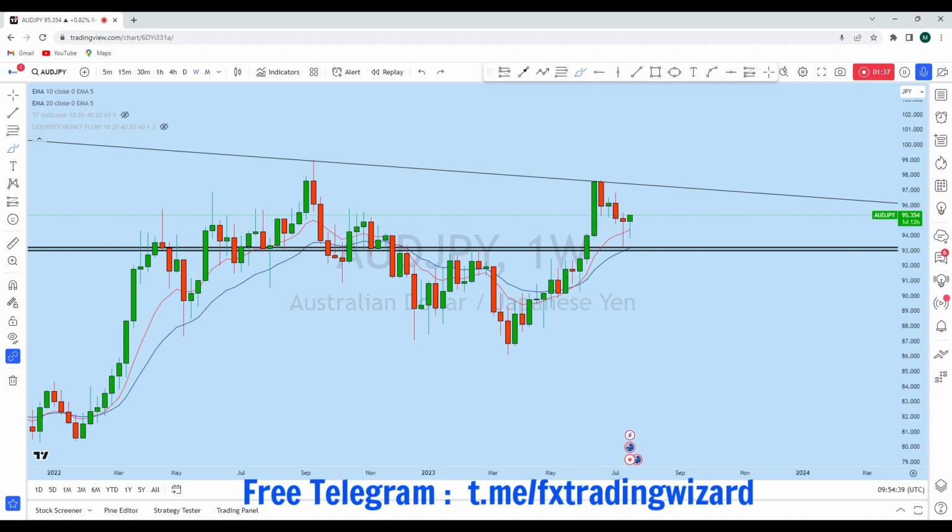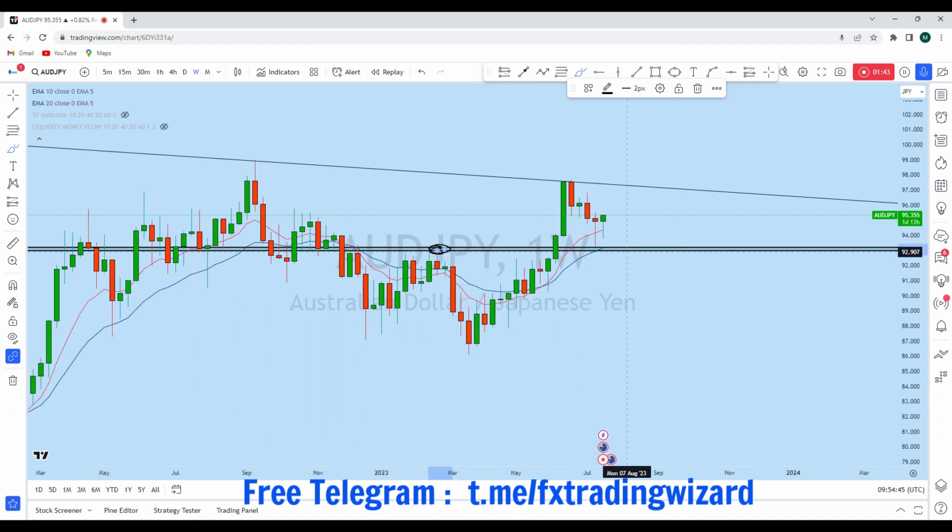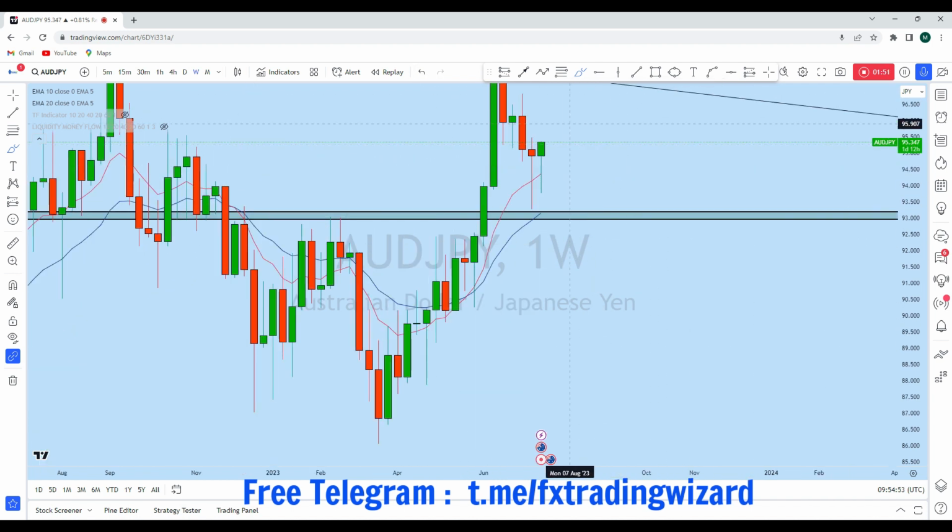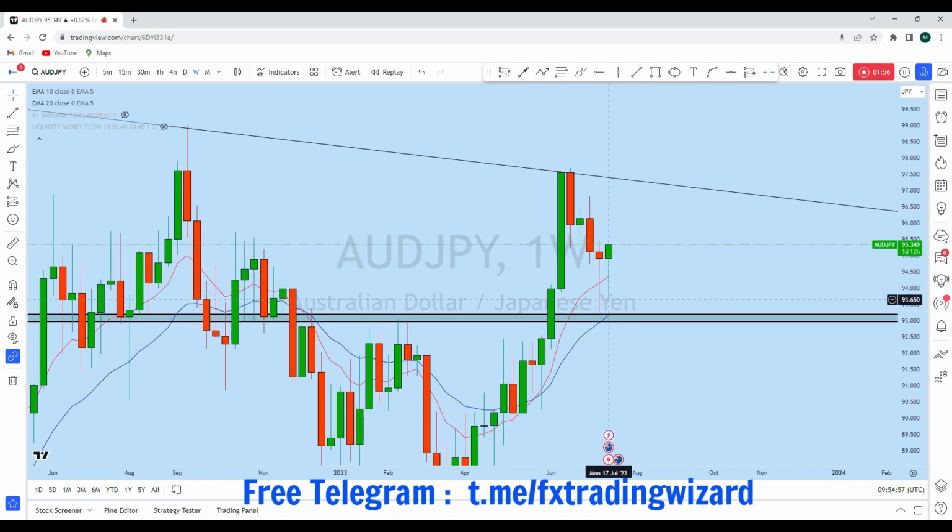Again, we saw that the price has come down for a pullback to this smart money area. This is the previous resistance zone here, which is turning support. And from that level, we see that Aussie yen started to move towards the upside. Now, this current weekly candle, we see that after testing this lower part of this long wick, we see the